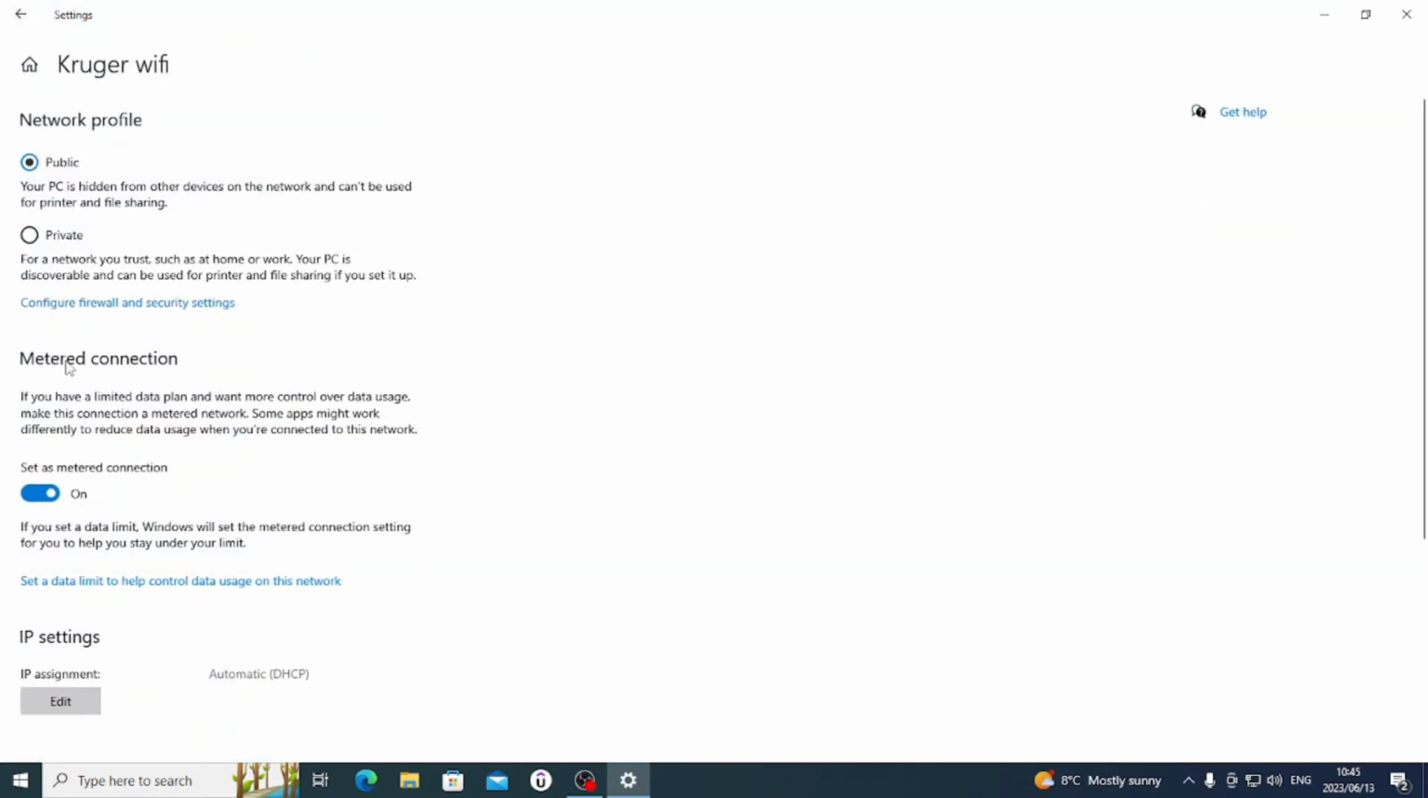Right guys, and then you're going to see there's an option called metered connection. Now mine is already turned on, but yours is supposed to be turned off. So if it's turned off, then you're going to turn it on. Right guys, now what metered connection does is